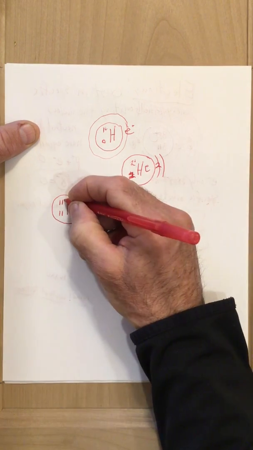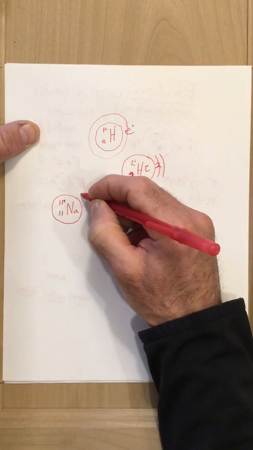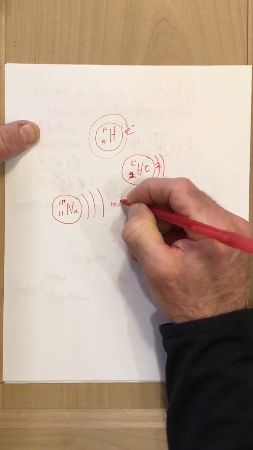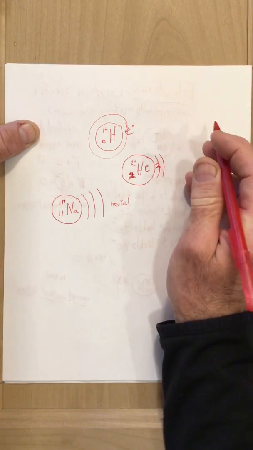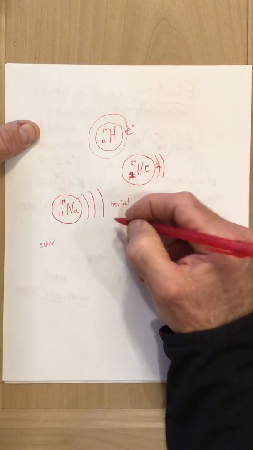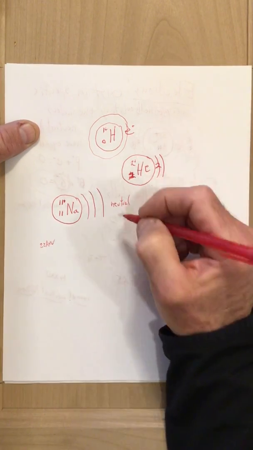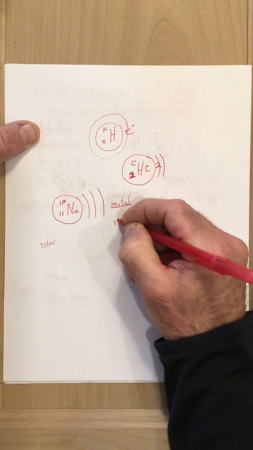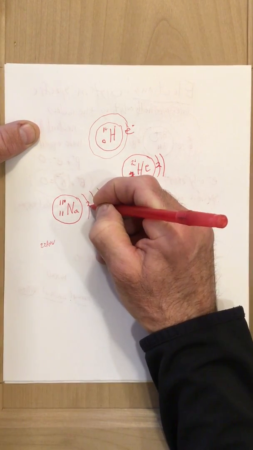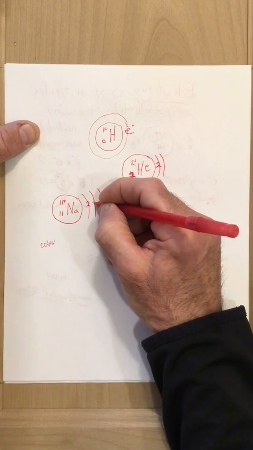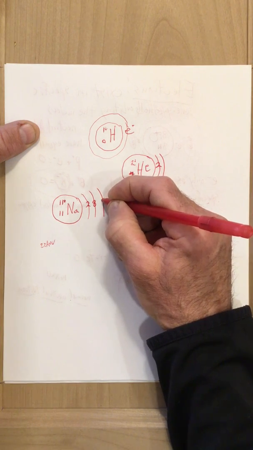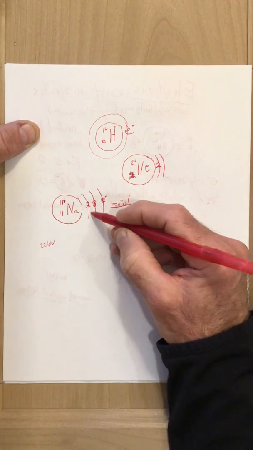In general, when I draw an atom, you're going to say, well, where are the electrons? Well, you have to decide how to make this thing neutral. Right now, it has a normal mass of 22 atomic mass units, but it's not neutral yet because I have 11 positives. So in order to make this thing neutral, I've got to add 11 negatives, or electrons. So I'm going to put 2 electrons in the first shell. I'm going to put 8 electrons in the second shell. That's 10. And then I have to add 1 lonely electron in shell 3